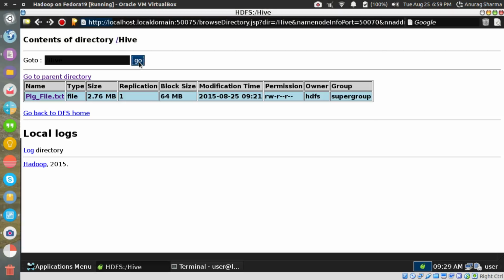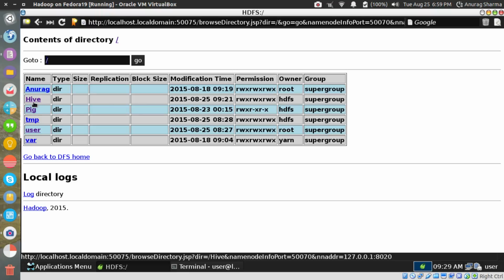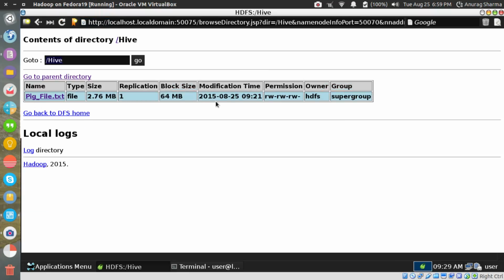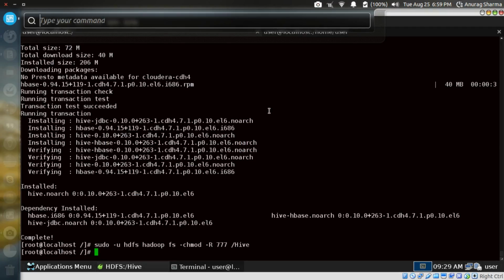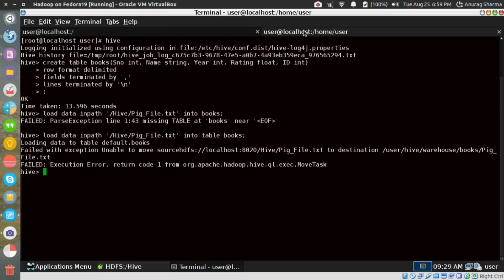If I refresh this page, okay. Now let me redo it. Let me redo the same command. Load data inpath hive pigfile.txt into table books.